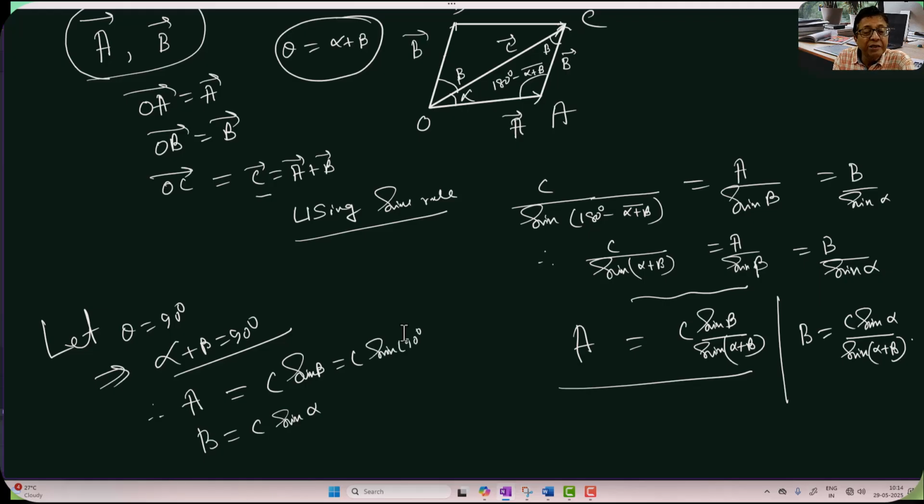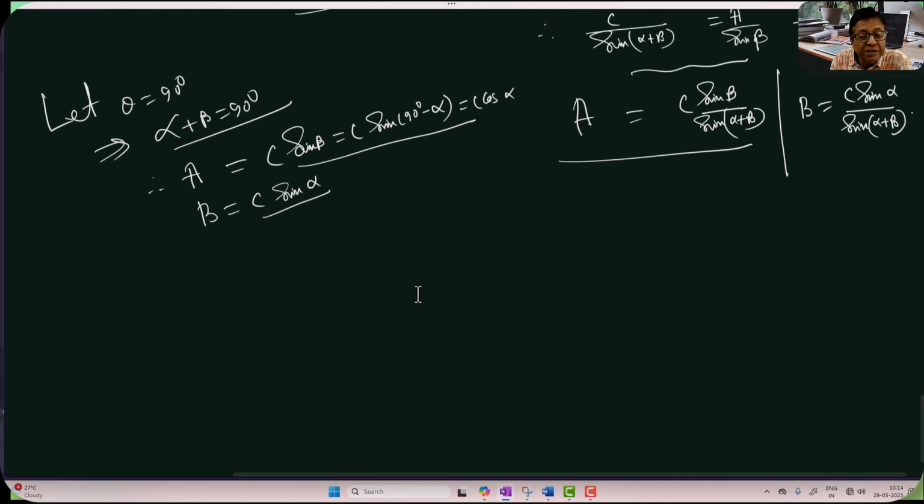Now alpha plus beta is 90 degree, change this one. Sine of 90 minus alpha is C cos alpha, and this is C sine alpha. And when you have taken the component in this manner, you are resolving the vector. The vector C you are resolving in two directions. One is horizontal and the other one is vertical, isn't it? Because you have taken this one alpha, this one beta,